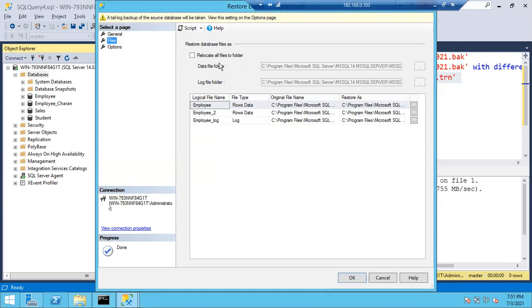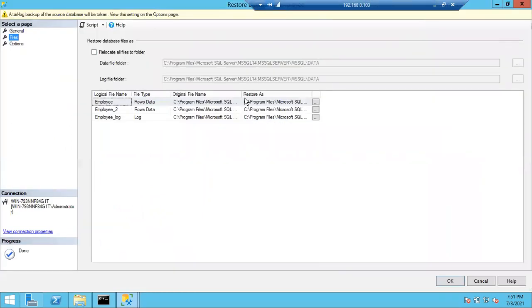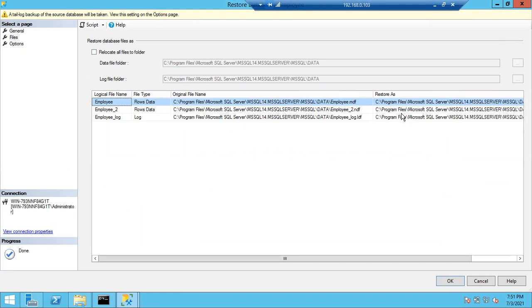Now the files. You have to understand a little bit of logic here, some small logical things. Here the source database path is like this. This is the path of the source database file. Usually a database is a collection of data files and log files. Whenever you take the full backup, it takes the whole database backup, so it will take the locations of the data files and the log files. These are the locations of the data files and log files.